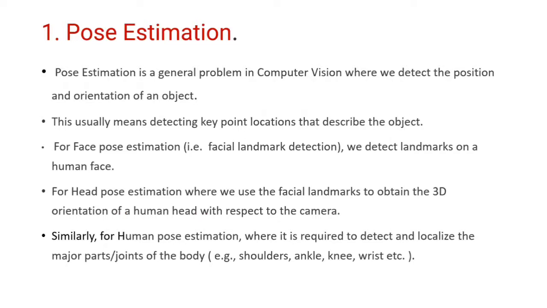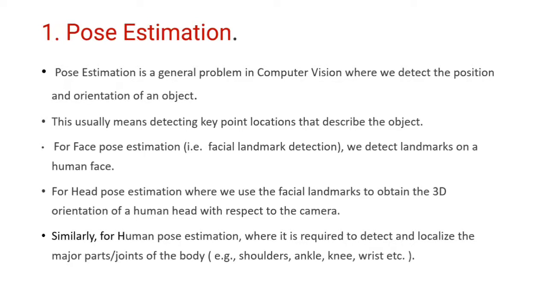Actually, pose estimation is a major problem of computer vision. In pose estimation, you have to detect the orientation of the object. Orientation in the sense you have to detect coordinates, length, width of each and every part. Usually, in face pose estimation, we have to detect a landmark on the face, maybe a facial landmark or any mark on the face or something related to any corner of the face, so that we can easily estimate our face pose.